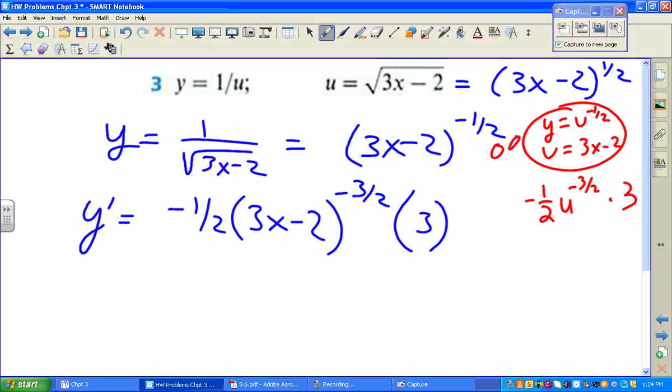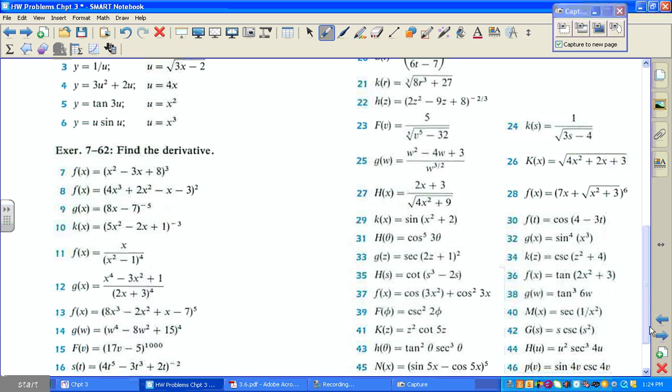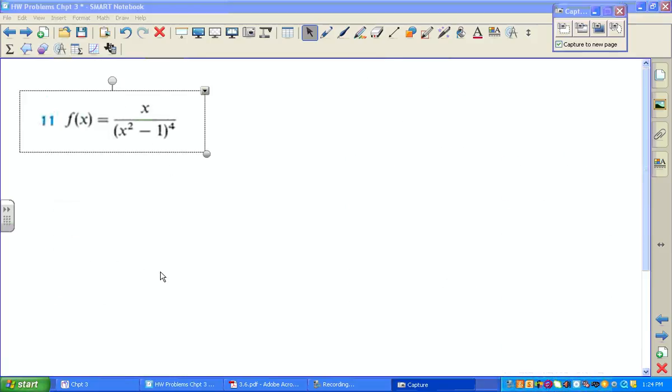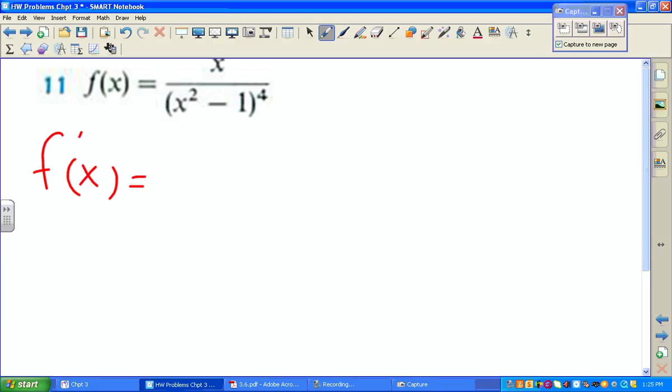Anything else? 11. 11? Sounds good to me. All right. For number 11, I'll probably do the quotient rule, don't you think? Where I take, like, there they are, nice. f prime of x equals